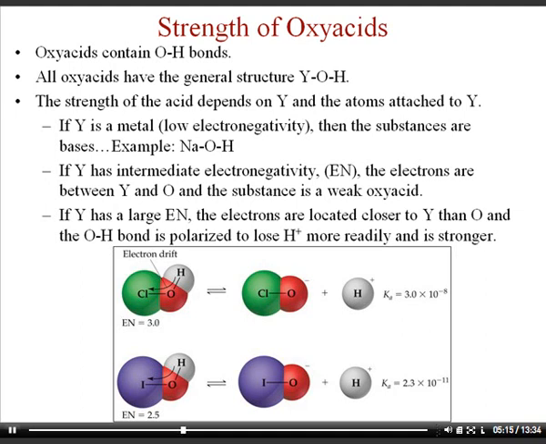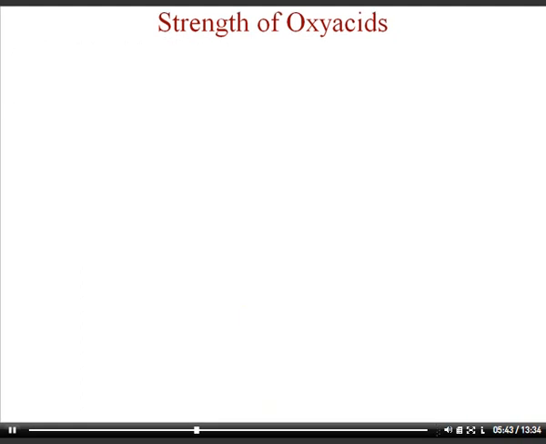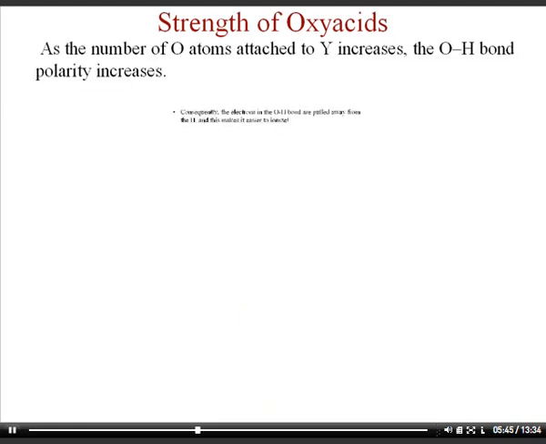If you look at iodine bonded to O bonded to hydrogen, then it's less likely to fall off because the electronegativity of the iodine group is only 2.5, and so this IOH substance is going to be a weaker acid. It has a Ka of only 2.3 times 10 to the negative 11th. So if you get more electrons drifting away from the hydrogen towards the oxygen and chlorine, then it's going to be a stronger acid. Now if you look at the next page, we're looking at the number of O's attached